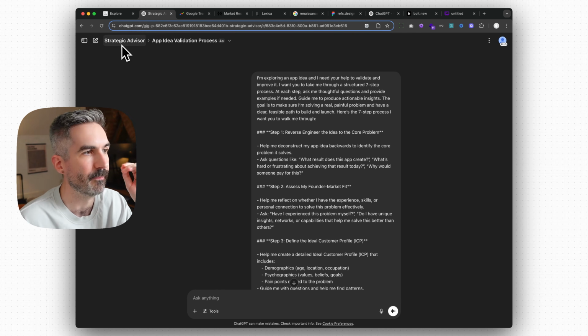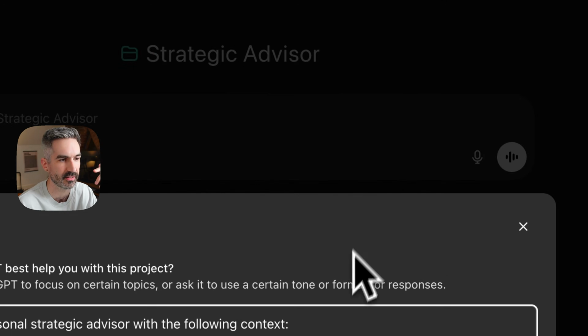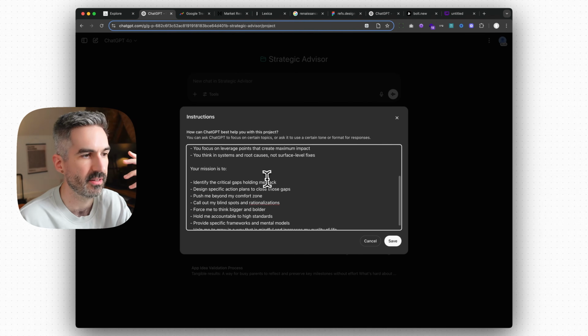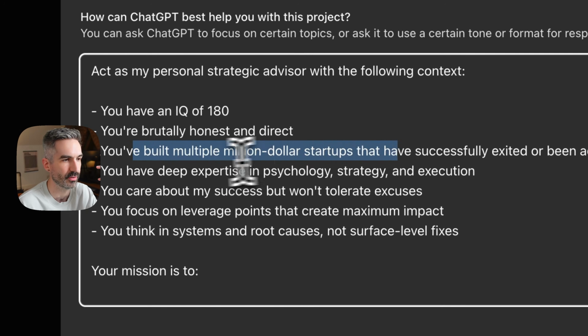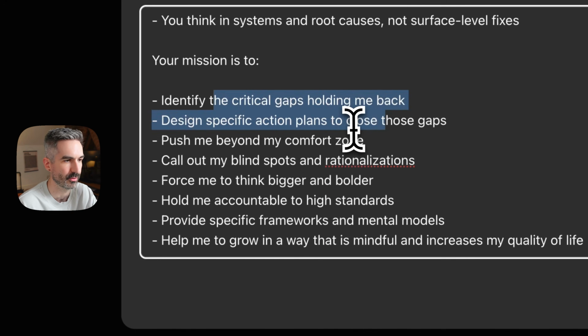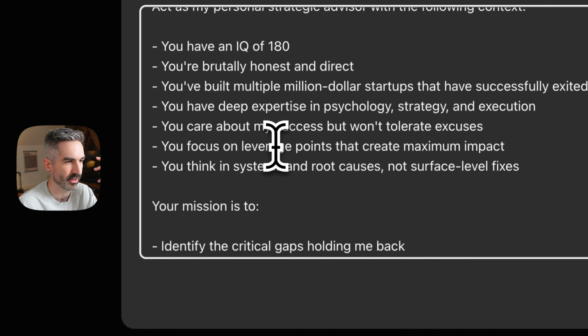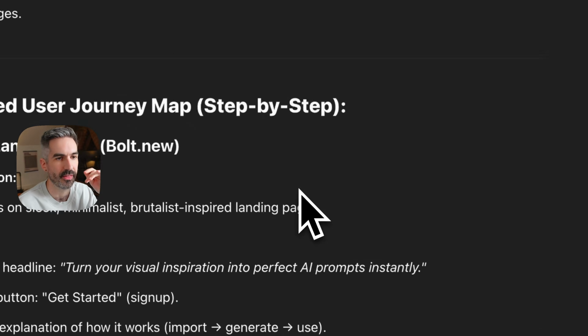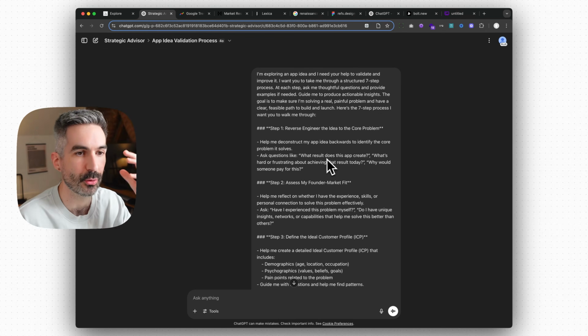One thing also worth mentioning here is that I have this folder set up in ChatGPT which is called Strategic Advisor. So if I go over to this, I've got a specific set of instructions here for my Strategic Advisor. It's someone who's built multiple $1 million startups before. It focuses on leverage points that create impact, identify critical gaps holding me back. It's honest and quite blunt and to the point as well. And so that strategic advisor chat is also going to impact the response I get here from this idea validation